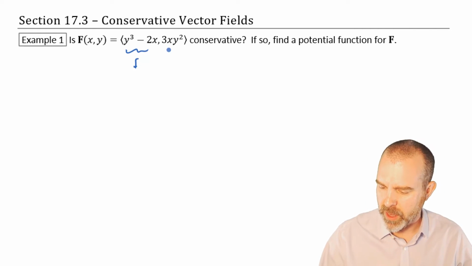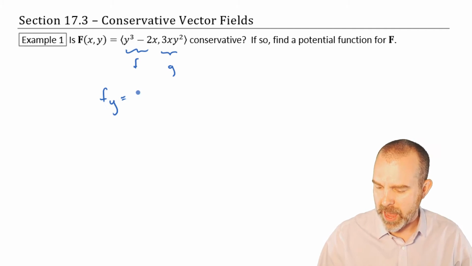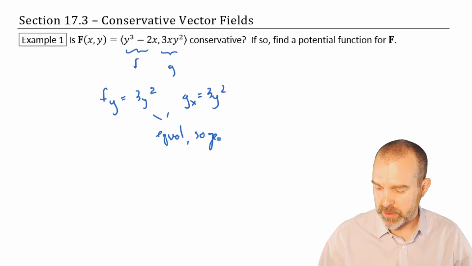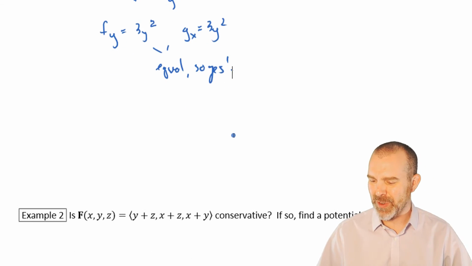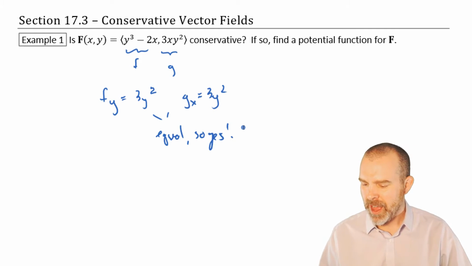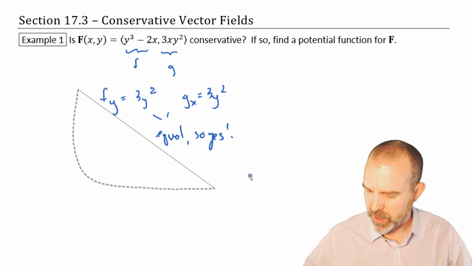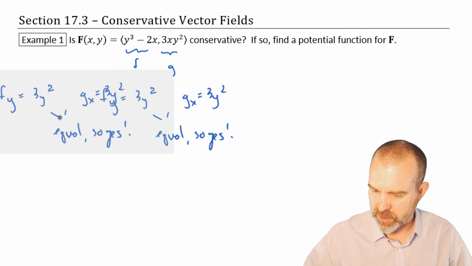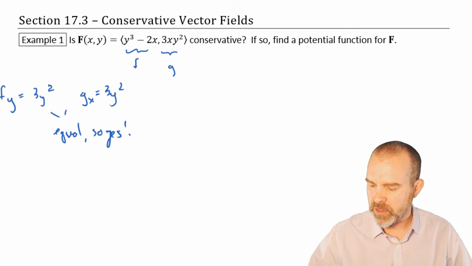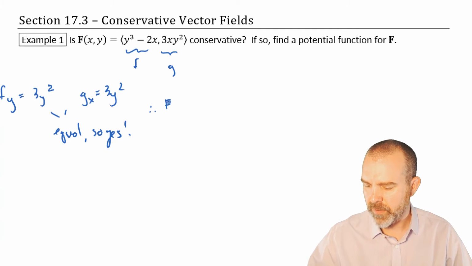Here we have from our field, we'll call this f and this g. So let's find the partial derivative of f with respect to y. That's 3y squared. And the partial derivative of g with respect to x, that would be 3y squared. Those are equal. So yes. Now you can kind of guess in the notes when you have a big space like that they probably are. So I'm going to make a little more space here. Slide this over here. Okay, so since the field is conservative,